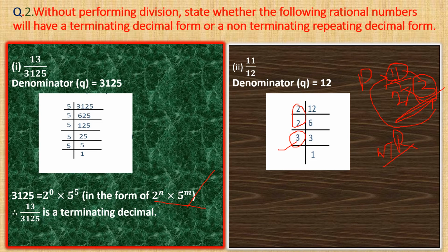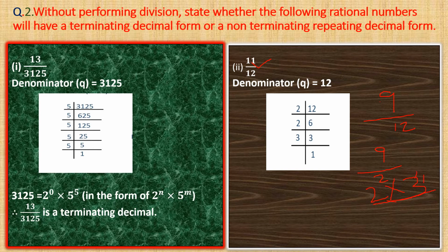Okay, suppose I have like this, 9 by 12. Children, listen carefully. Here instead of 11, I took 9 as the numerator. Then I'll get 9 by 2 square into 3, as 12 is 2 square into 3. So here you got another number 3, right? So I should check whether it is divisible with the numerator or not. Yes, it is divisible, right? So I can cancel this 3 ones and 3 threes. Now I will get 3 by 2 square. Your answer will be 3 by 2 square.